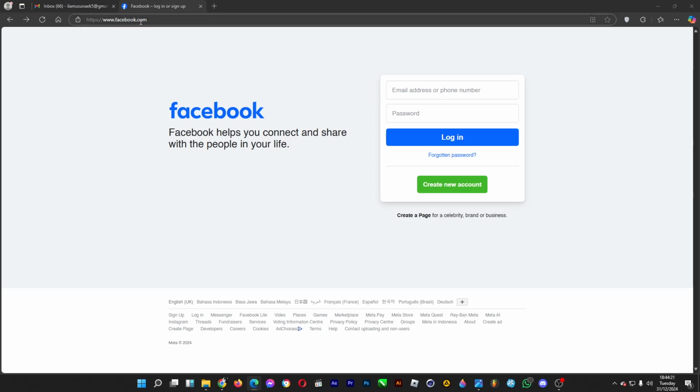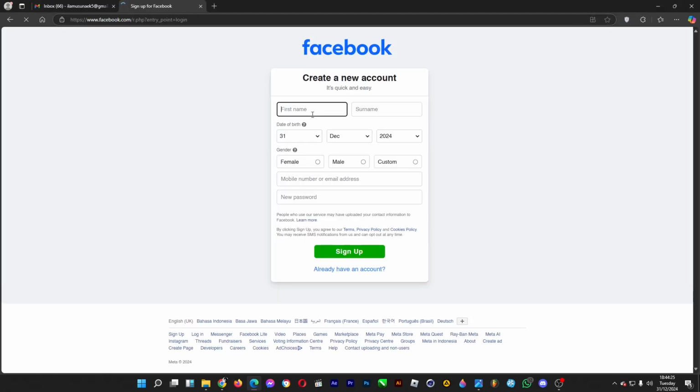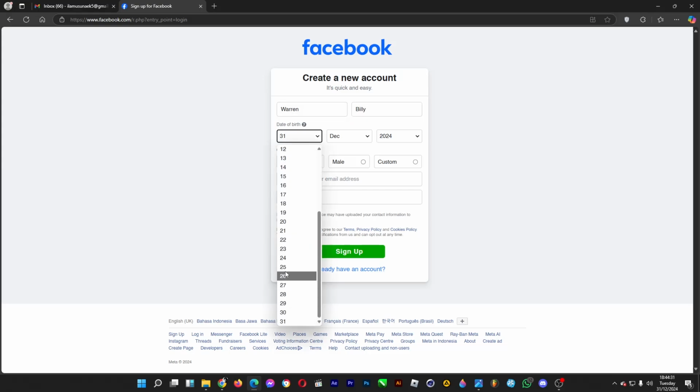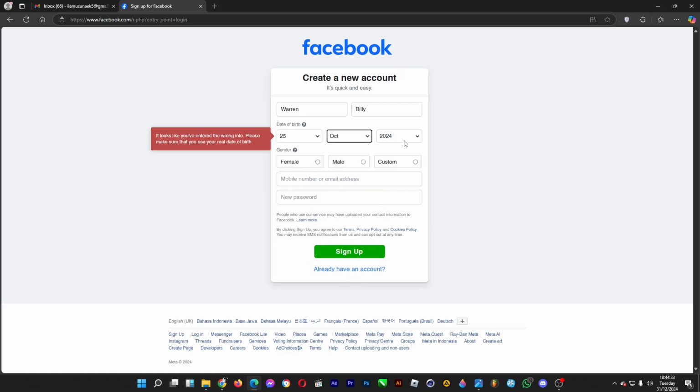So once you've headed over to facebook.com, click on create new account and then enter your first and your last name and then insert your date of birth. For example, this October 25th, 97, and then select your gender and then insert your email, for example this,